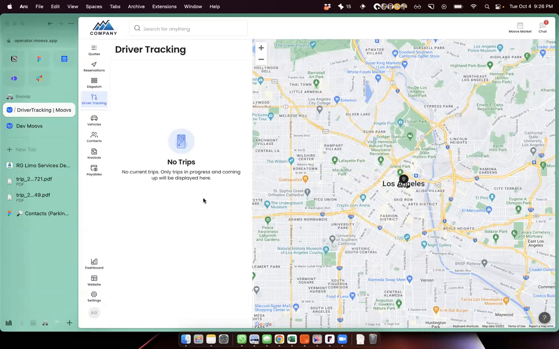Yeah, so our current driver application does not actively track the driver when they are not on an active trip. So the short answer is you can't see a driver. Here's my driver tracking screen, and I've got some drivers that are on the driver app, but because I have no trips and the drivers haven't started their trip, they don't pop up on the screen.